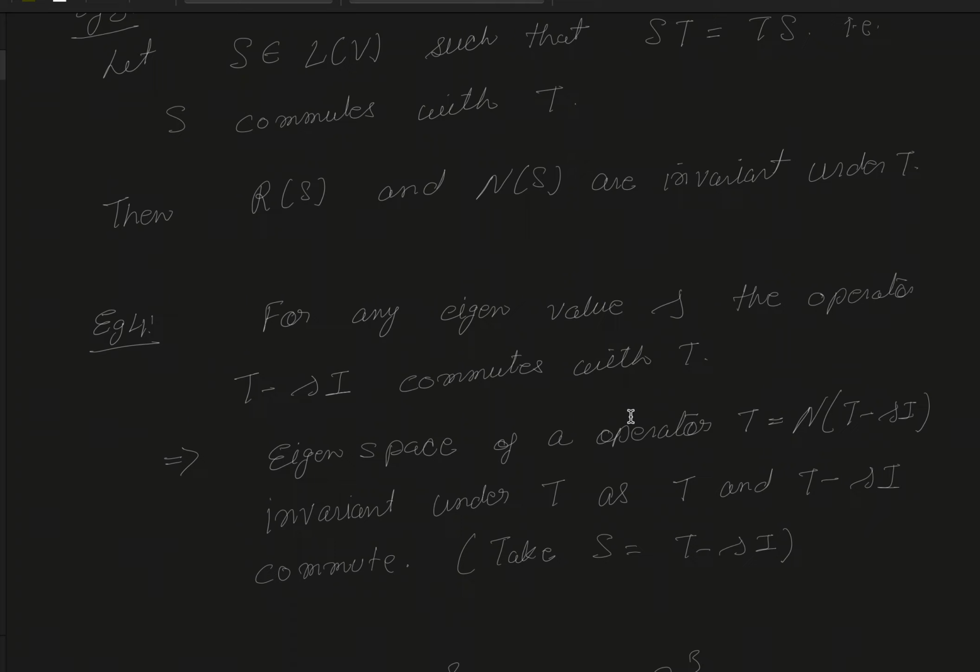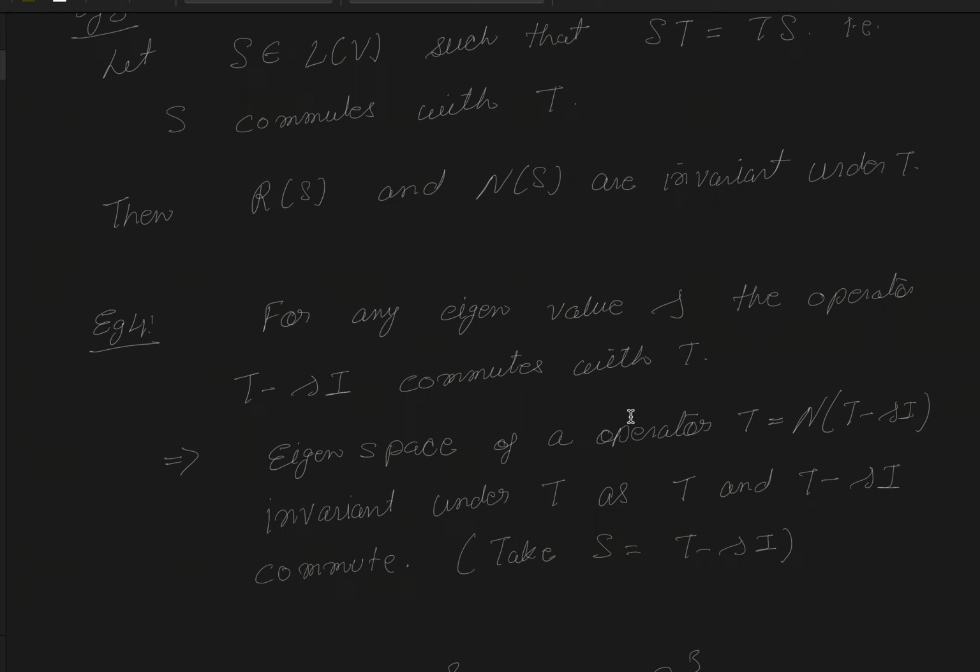Okay, and then we have example 4. It says that if lambda is any eigenvalue, then the operator T minus lambda I commutes with T. So basically what does it say? That the eigenspace corresponding to any eigenvalue lambda is also invariant under T, and this is clear from the fact